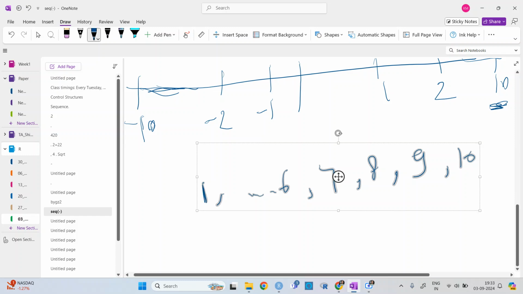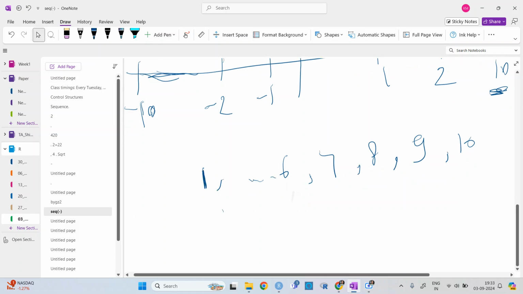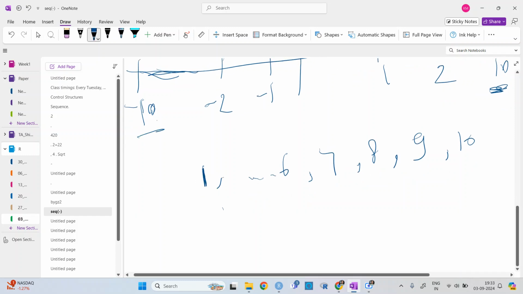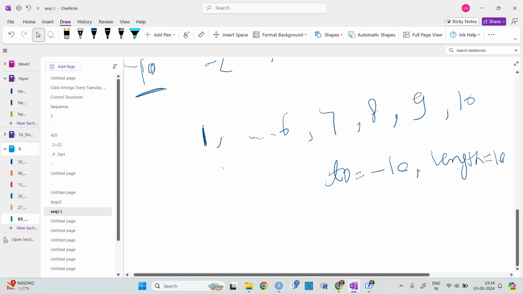But if I give 2 equal to -10, and length equal to 10, then it will go in that direction: -10, -11, -12, -13, and so on.